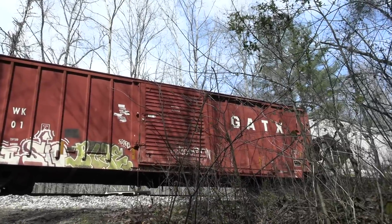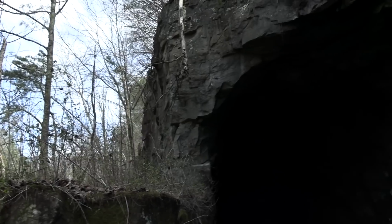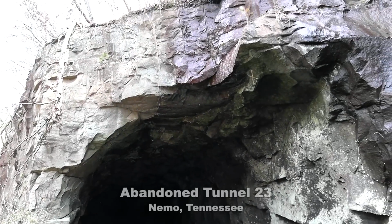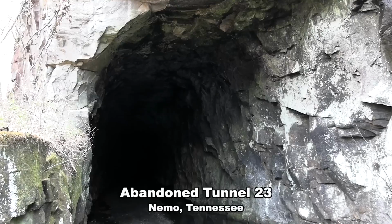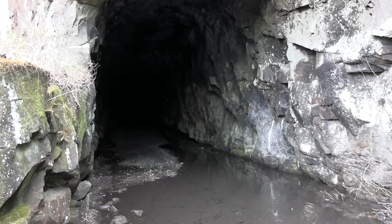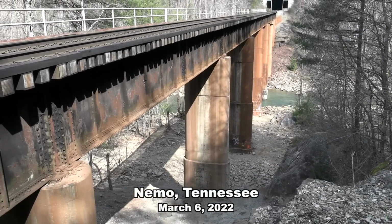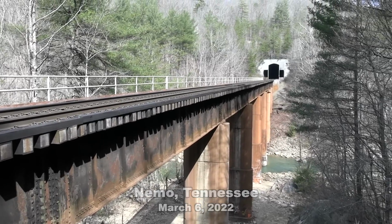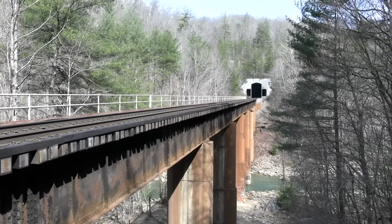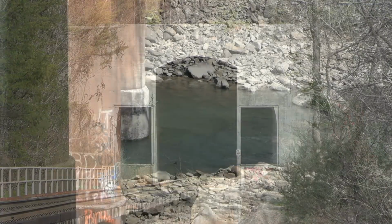Although the 3 original tunnels were abandoned at Nemo long ago, 2 modern tunnels were built to handle taller, contemporary rail cars. The present-day tunnels see up to 40 Norfolk Southern freight trains every day. Nemo is regarded as one of the most scenic locations on the railroad, and for good reason. Located deep within the mountains, Nemo provides railroad photographers with a unique opportunity to document trains exiting a tunnel while